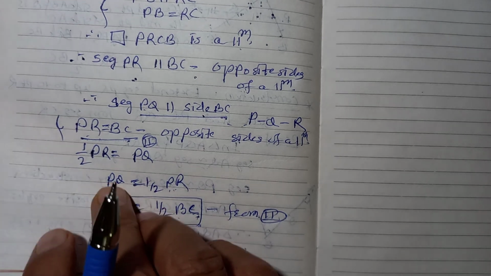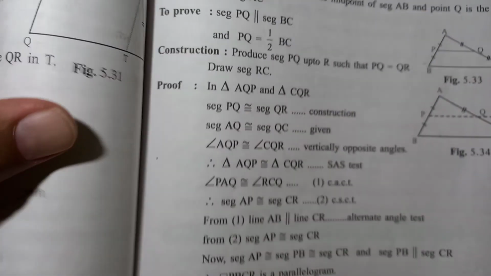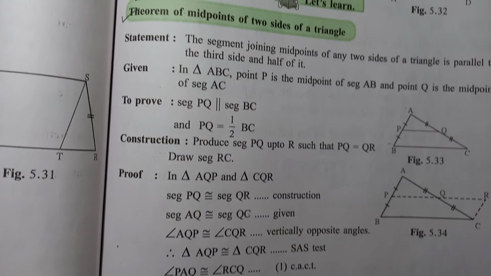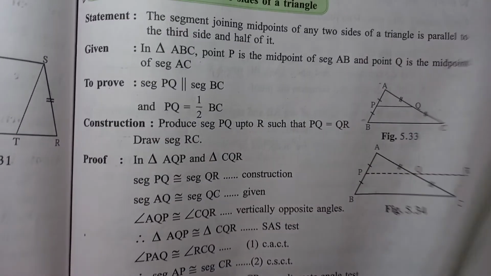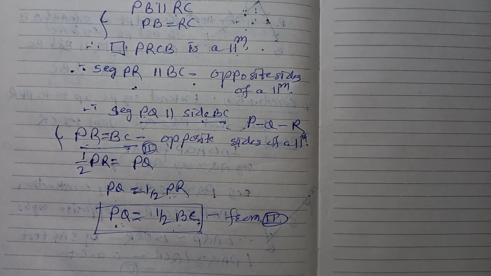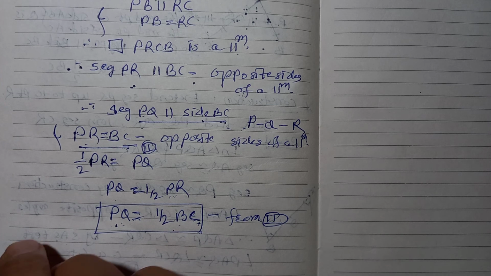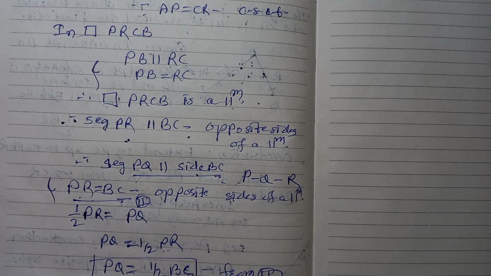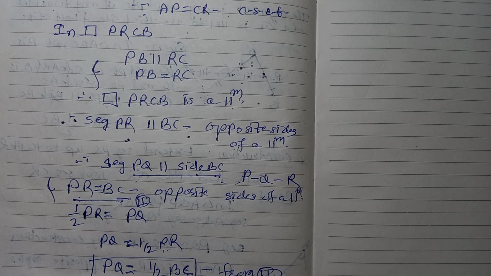So study it properly and write it in your notebook. Okay. So you can see I have already proved that theorem. You can see the total proof in the book also. Study it properly and write it in your notebook. Okay. So this is today's assignment. Complete whatever lesson you studied: the examples, theorems, and one example remaining in that exercise. That is for assignment. Complete it. Then afterward we will see the next exercise.